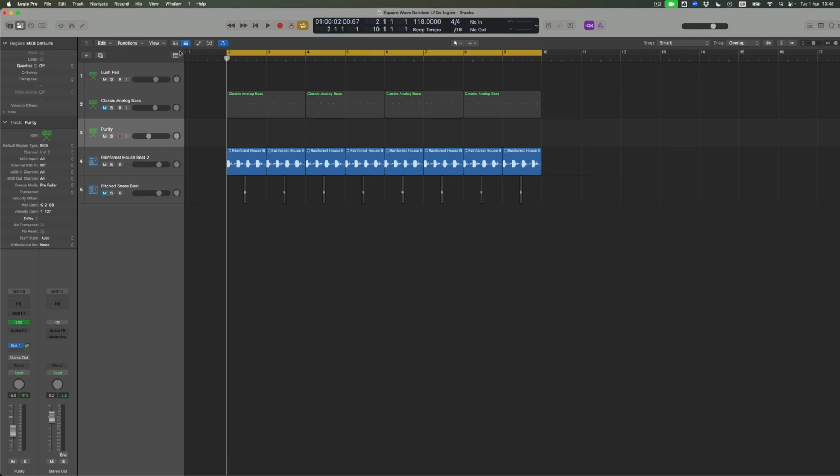Okay, so everything I've been playing, I think, so far is in G, which is going to be very discombobulating when I bring everything else back in, which I think is in B flat. I think that's right. So what we're going to do is to add a little bit of this pad now